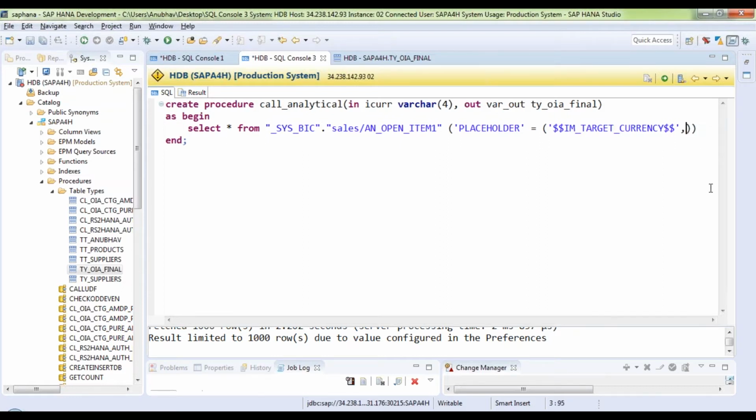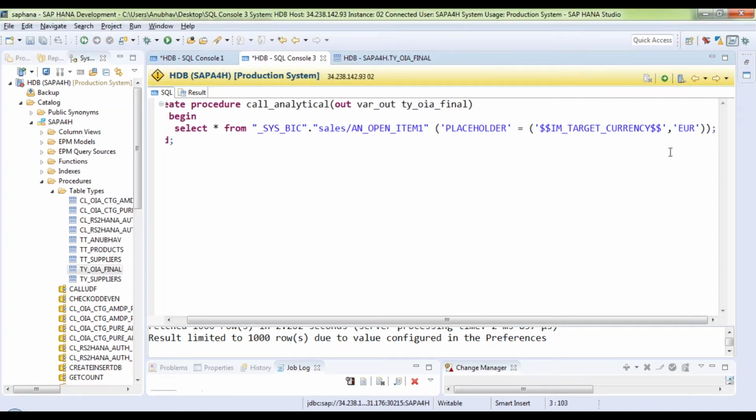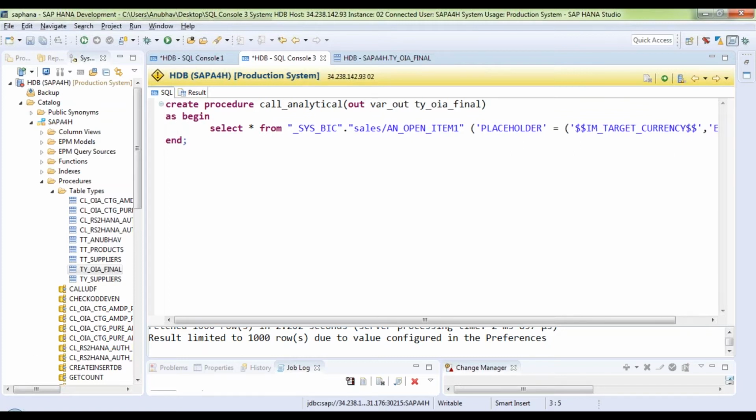Use whatever you like, but right now I don't want to make it complex, so you can just pass it like this, a hard coded value as of now. I just want to make it a simple procedure for testing purposes. So I hard coded this over here, and this result I am going to store into my local table parameter, lt result.